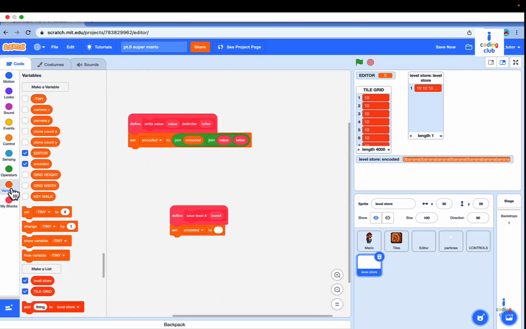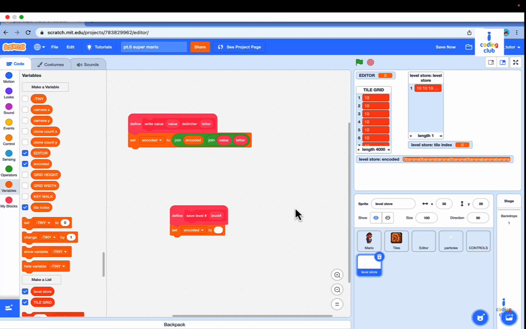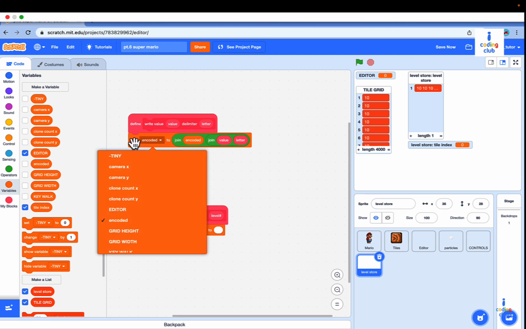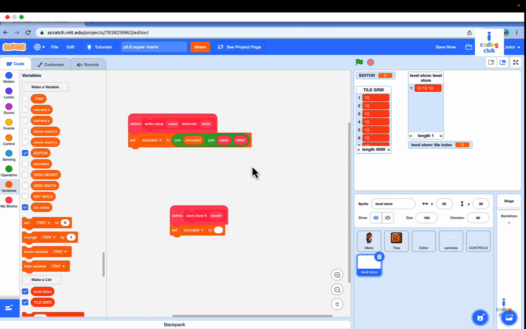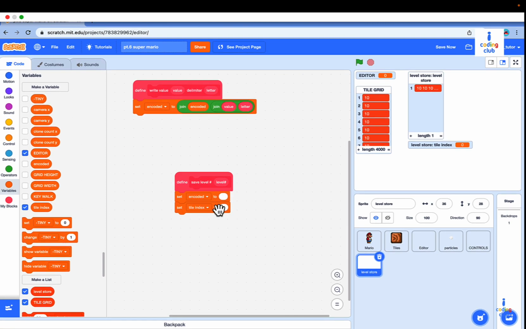And make a new variable named tile index for this sprite only, like that. And make a new set block, and then we just simply set tile index to 1